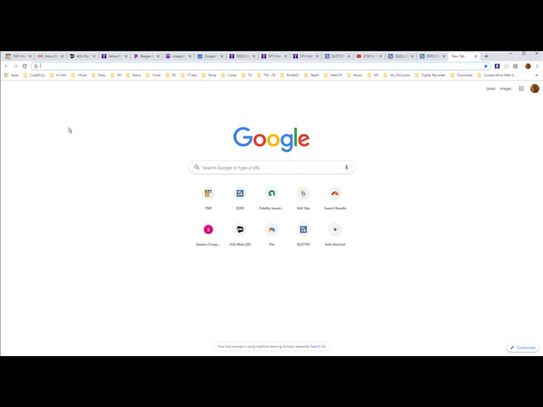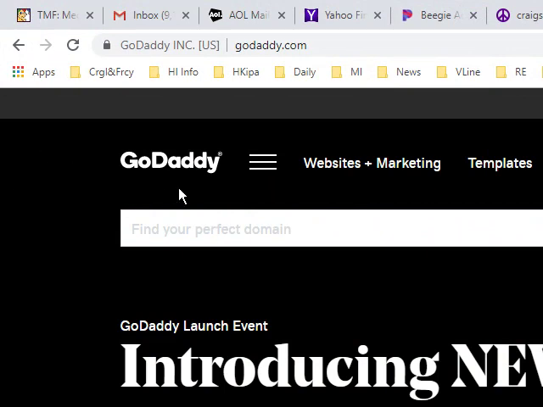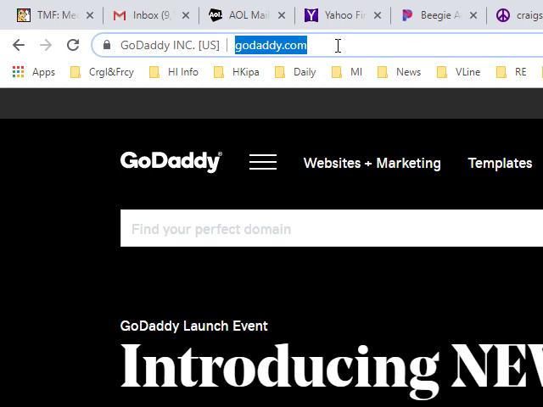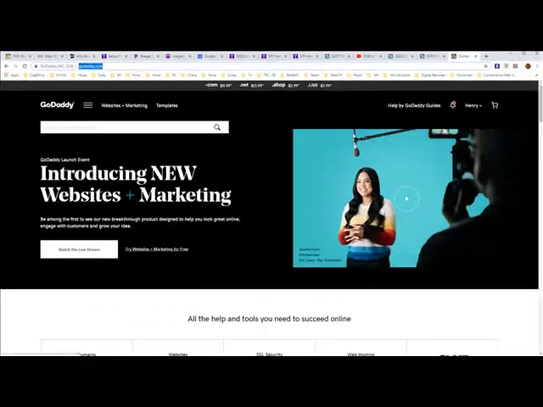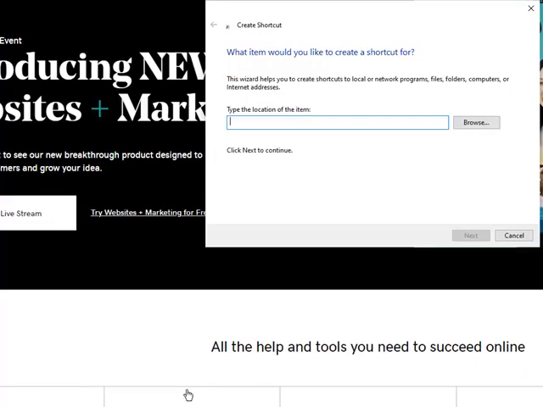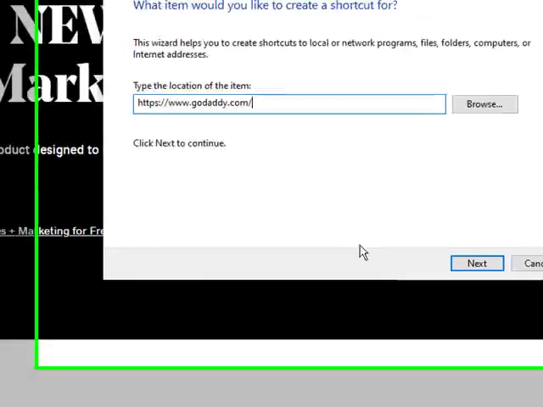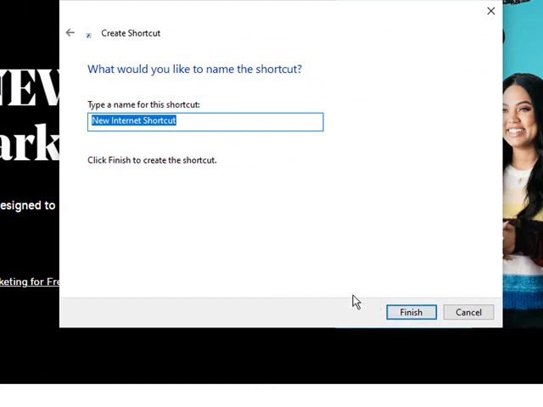website that you want. So now if we go to a new website and we put in something like GoDaddy.com, we end up with GoDaddy's website, and we can click up there, highlight the address of that website, type Control+C, then go again to the box that you have and paste that address there. Then you can click Next and